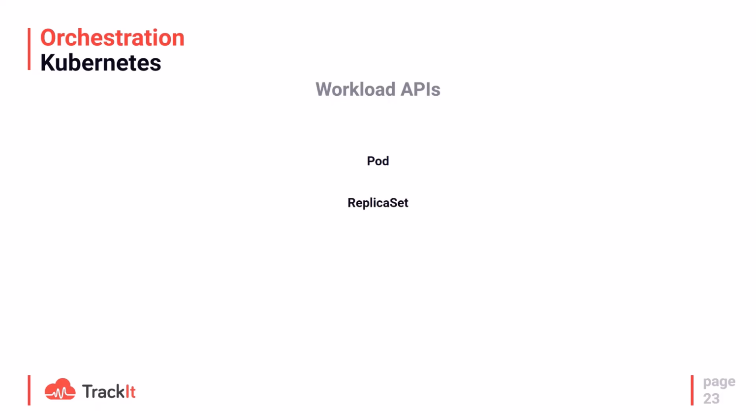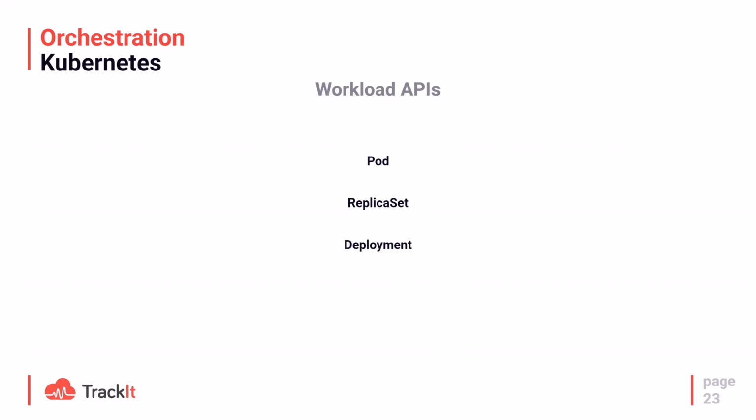On top of that, you can have a replica set. A replica set is an object that can manage a set of pods. It's very useful when you have a stateless application that you want to rescale. So you define your replica set, and your replica set creates the pods for you. The configuration you would pass to the pod, you can just give to the replica set, and you can say, okay, I want 5 versions of this service, and the replica set is going to create 5 pods.